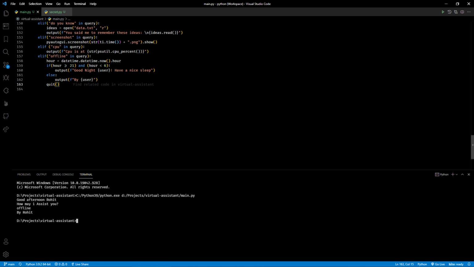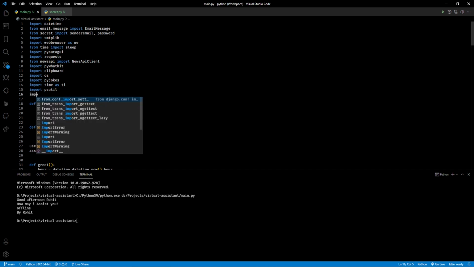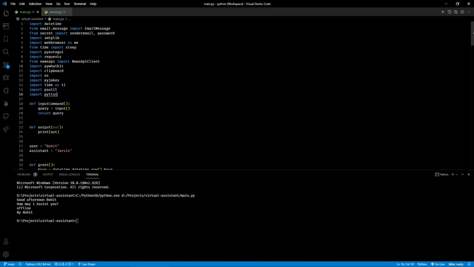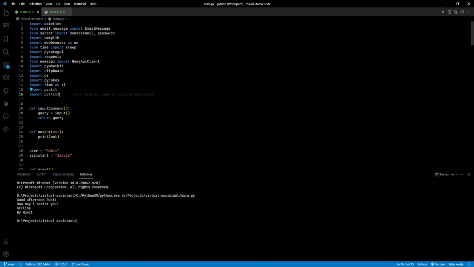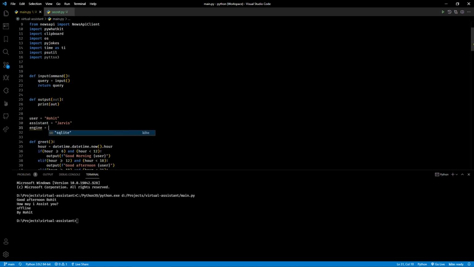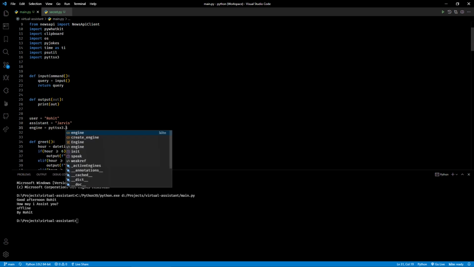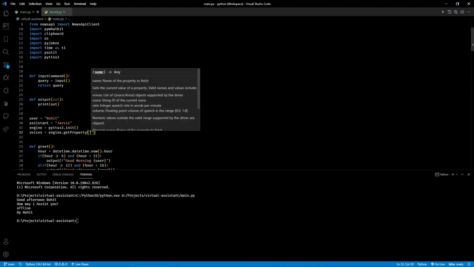Now we need to add the voice interactions. For that, we need to use pyttsx3. Import pyttsx3. All the pip installation command will be in the blog linked down below. First, we need to set the engine. For that, let's use engine equals pyttsx3.init. After that, let's get the voices equals engine.getProperty, pass here voices,